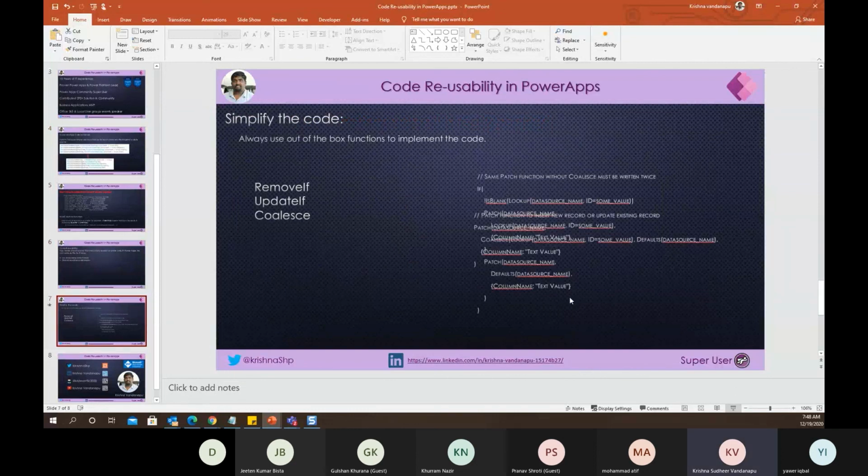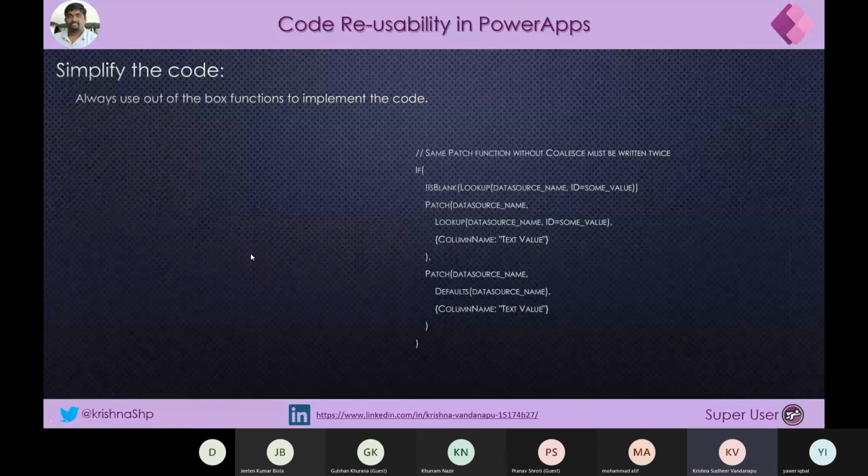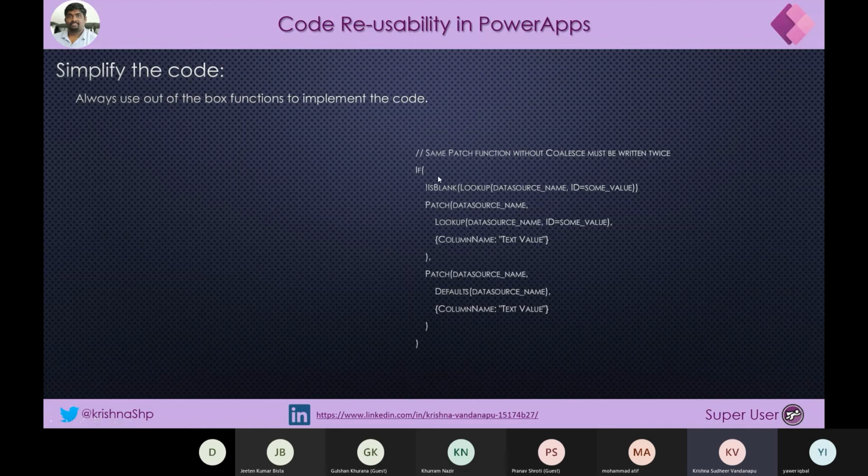Another one I wanted to cover here is always use simple code when we are operating with larger data sets. What exactly that means is, if we see here a simple patch condition, when we wanted to use the patch, whether it is an existing list item or a new item, I had to use it two times. One is patch data source, look up my data source name with the ID value.